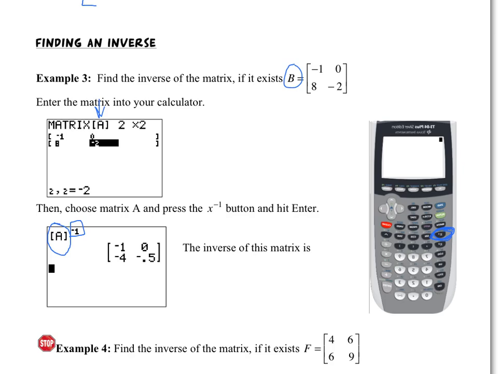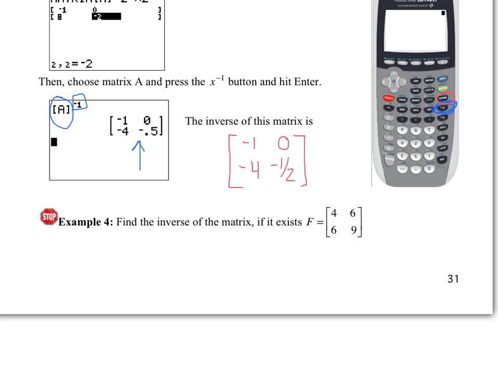So on screen you will get this 2x2 matrix, and I personally don't like decimals. I always convert back to fractions. So hopefully at this point you know how to change a decimal into a fraction on your calculator. You hit math, and then the first thing is frac, so that's changing into a fraction. So you hit math, enter, enter, and you'll get the inverse, which is -1, 0, -4, -1/2. Now of course if you know that -0.5 is -1/2, you don't have to hit the math frac button, you would just